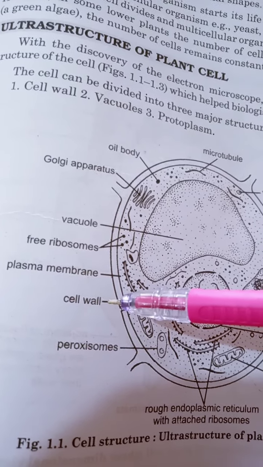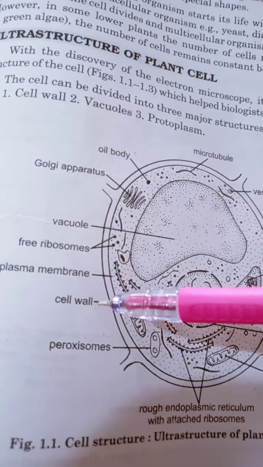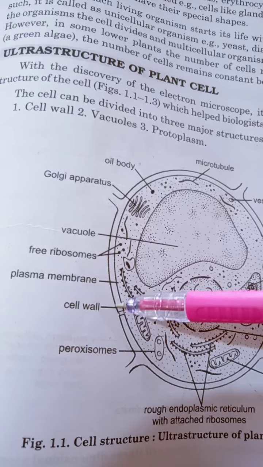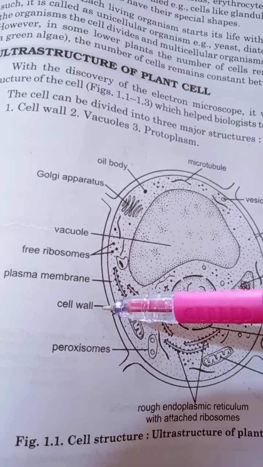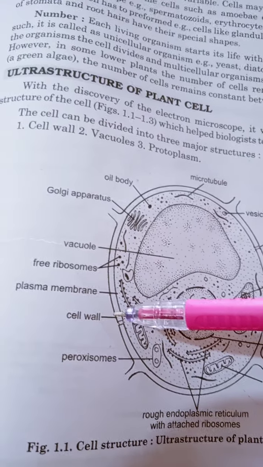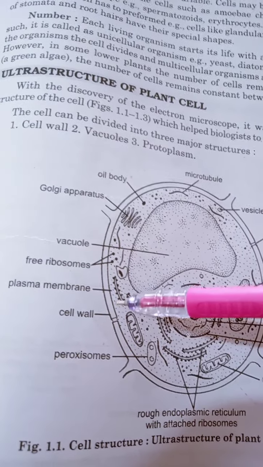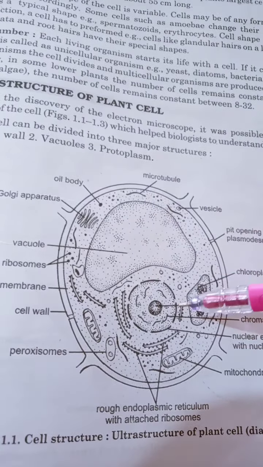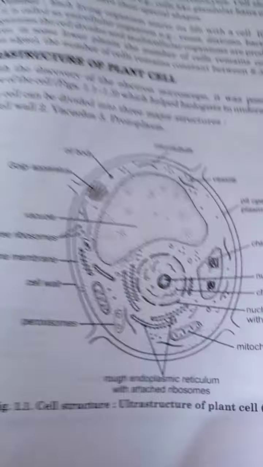So being a student of botany, always keep it in mind that when we talk about the plant cell, it will always have the outermost boundary, that is known as cell wall. Now what is the function of the cell wall? We will study in detail in the coming sessions, that actually this gives the typical shape and rigidity to the plant. Inner to it is plasma membrane, and inner to it is the rest of the mass of the cell, that is protoplasm.